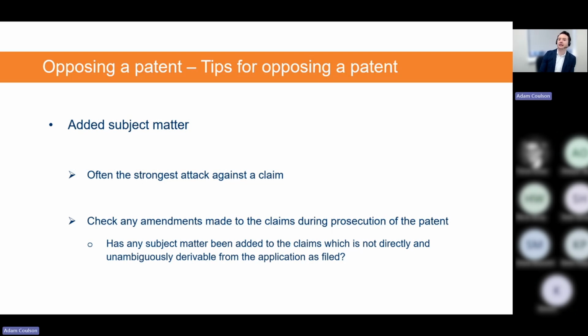If the amendment is made by introducing a feature or a combination of features, which is not directly and unambiguously derivable from the application as filed, then the amendment may be considered open to an attack on the grounds of added subject matter. While arguments against the inventive step or sufficiency of a claim may be considered to have a subjective element to them, added matter tends to be more black and white. This means that an argument on the ground of added matter may therefore be more convincing before the EPO's opposition division.